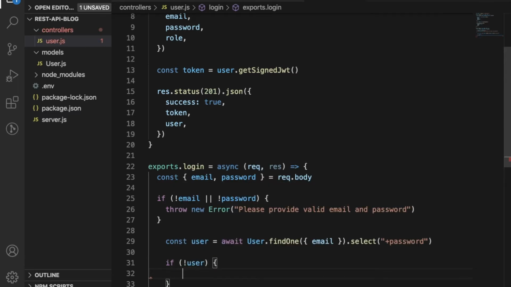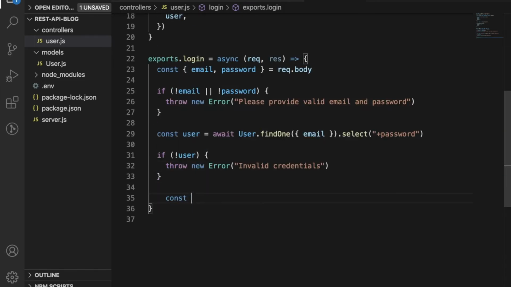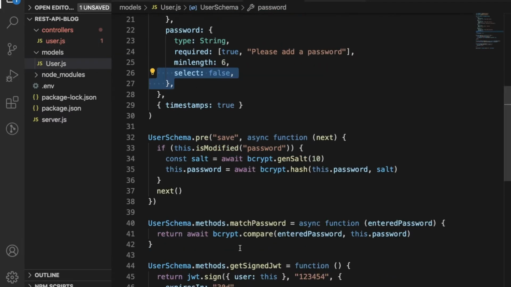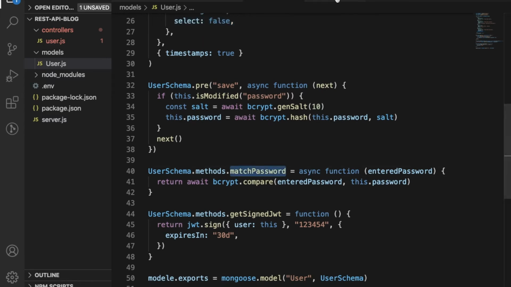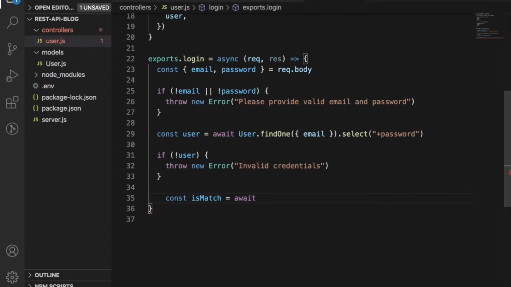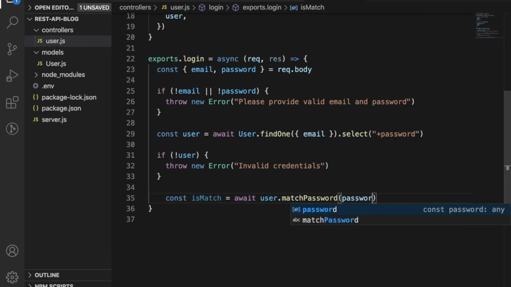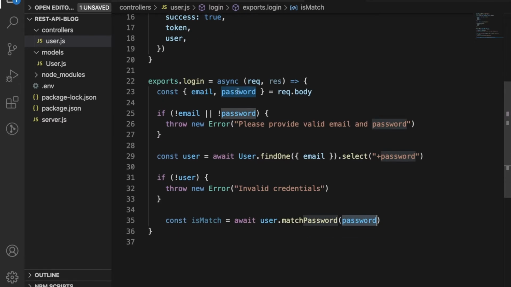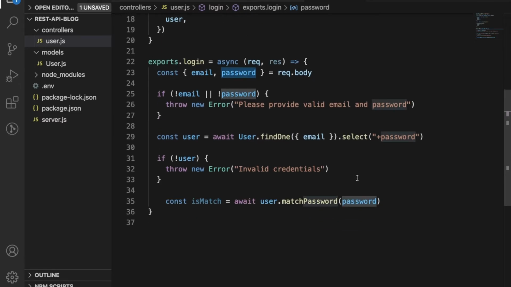If there is no user, again we are going to throw an error. And then we are going to use the method we created, the match password. Await user.matchPassword of password. So this password is the password he sent in the request body. We're going to pass this,